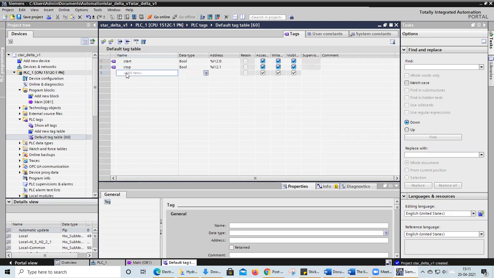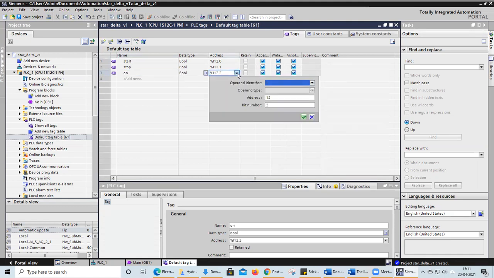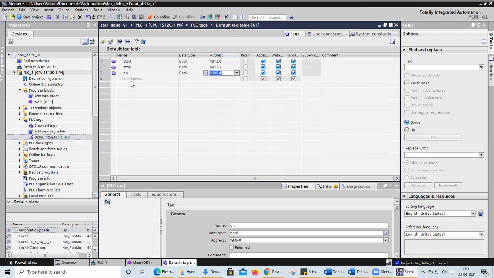Now one more thing we have to take is memory, that is for turning on. Since we are creating an on button, we will create a memory block. Here I is there, you click on here. There are options I, Q and M. Q is output, I is input, M is the memory option. So memory I am going to create, some 5.0 I'm taking. Now one more thing we need to do is the main coil, star coil and delta coil. Three coils are output coils. So we'll create three coils.